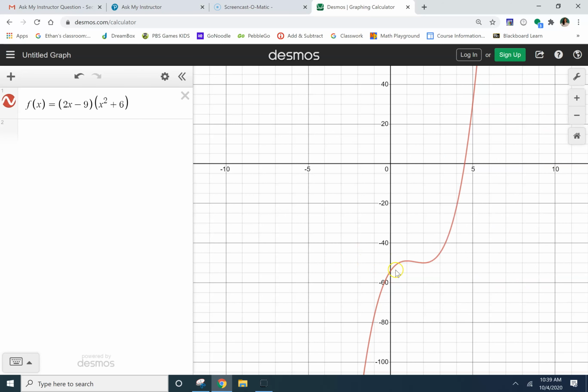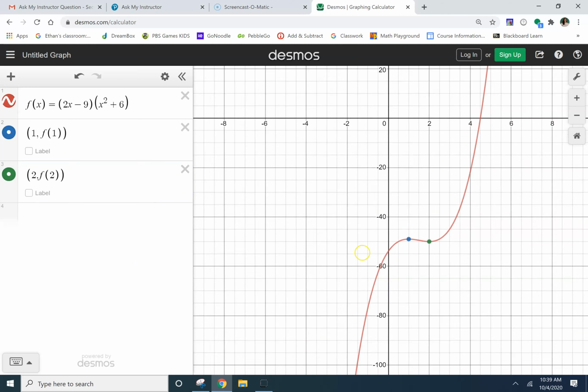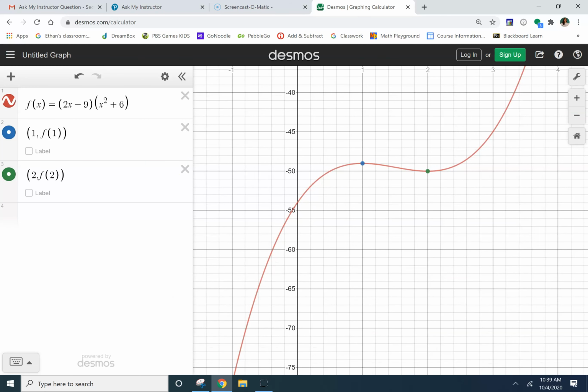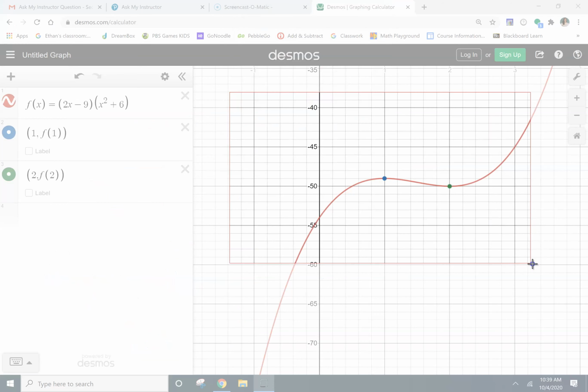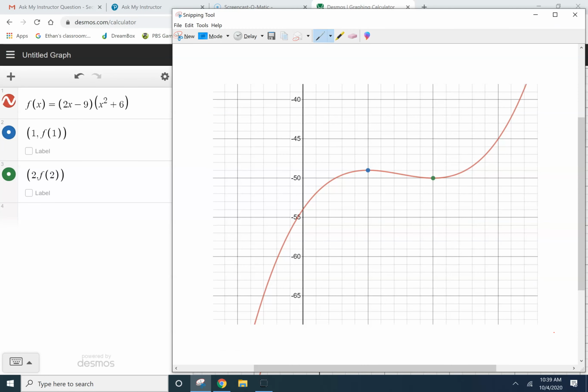And then what I can see here is, let me plot those points real quick. Let's plot the point where x is a 1. Okay, and then let's plot the point where x is a 2. Okay, and then what we can see here at these points, if I zoom in a little bit, is our tangent line goes horizontal at those 2 points. Remember, to have a slope of 0, you have a horizontal tangent line. So let me just snap this so I can draw on it real quick. Okay, so what's happening here